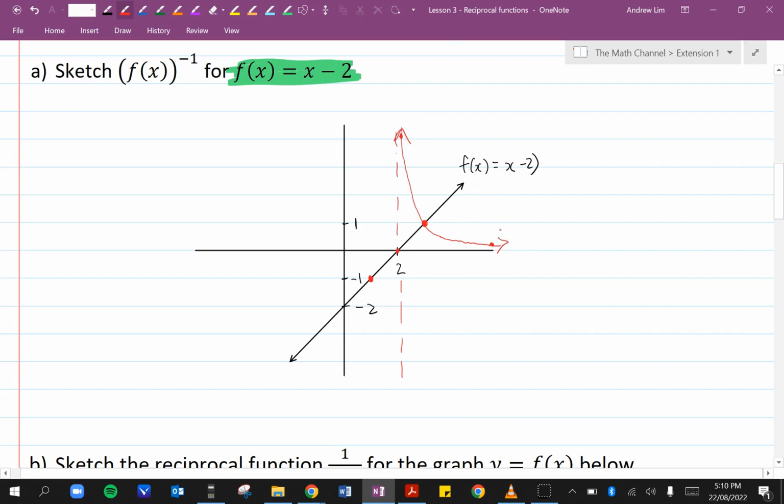That's that part. And then we've got this part here. This part here of the graph of f of x is really small. It's really close to 0. And 1 divided by something really small is really big, except this is really big in the negative direction. Because remember, it will never cross the x-axis. And over here, it's really big in the negative direction, and 1 divided by something really big is really small. Right? It's really small. So I know it's going to go like this, but there's one more important feature, and